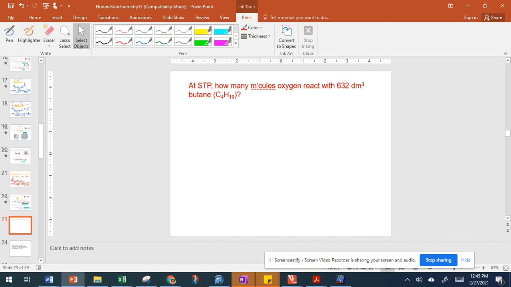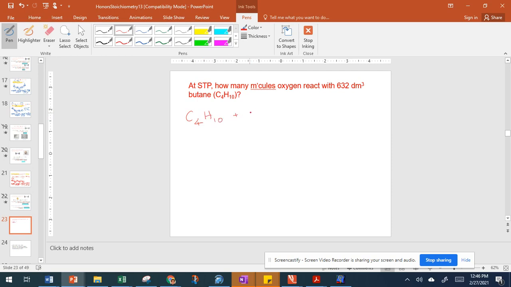Okay, so let's do one more on this, and then we're going to look at your sheet. So this one is talking about butane, about burning it. So this is a combustion reaction. So you're going to have to write out your combustion reaction. So this problem is not giving you the whole reaction. So we're going to write out